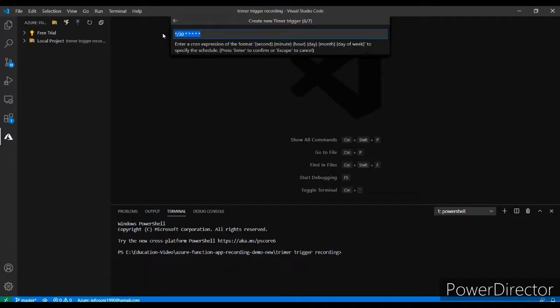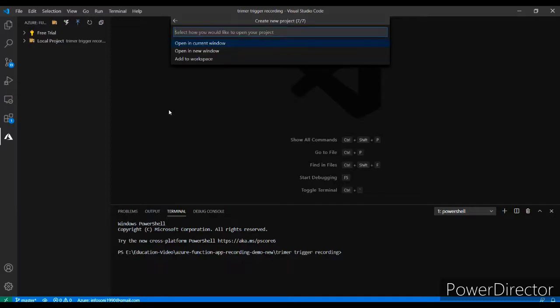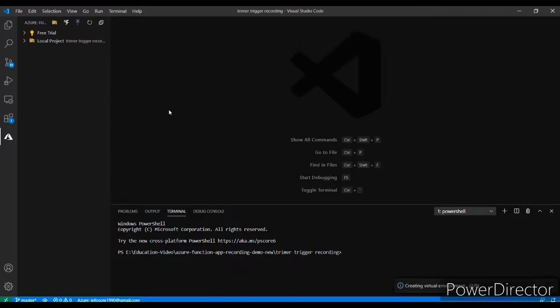So in this format you need to specify your cron expression. I am just clicking on enter button and current window. So my virtual environment is ready.